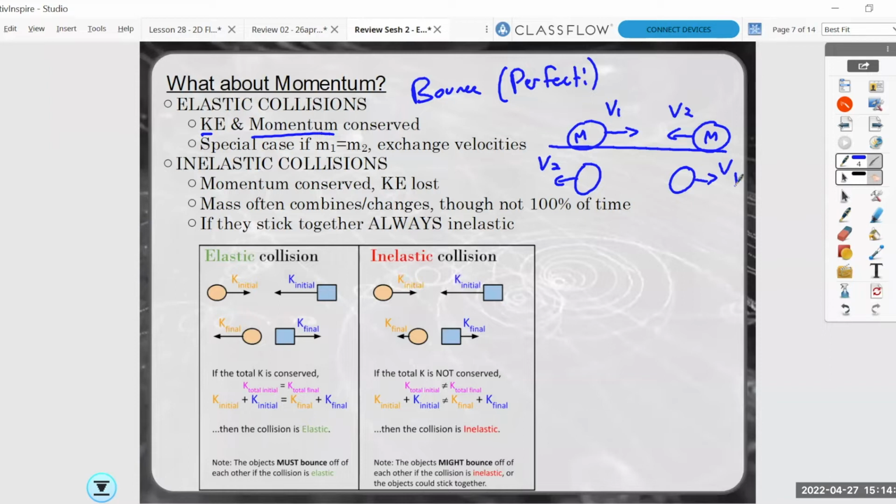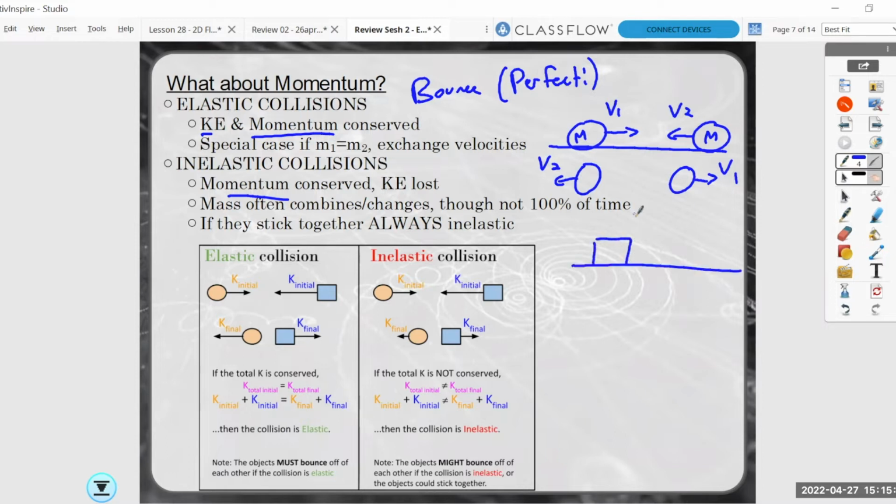Most of the time we deal with inelastic collisions where momentum is still conserved. Momentum is always conserved, but you lose some kinetic energy. You lose it to heat, you lose it to friction. Inelastic collisions have a big, broad spectrum. Sometimes, quite often, in fact,